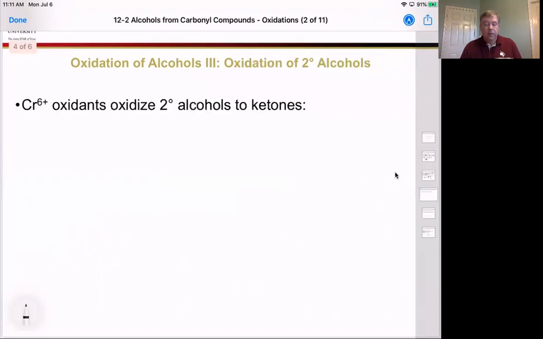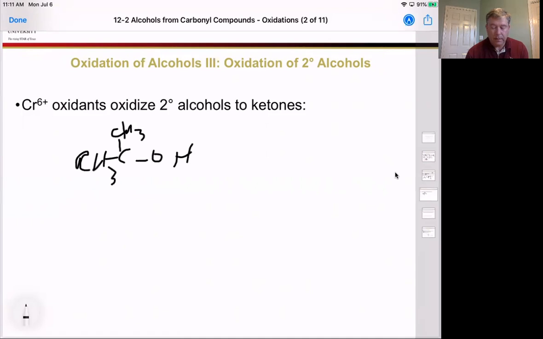Okay, so let's talk about all of these oxidizing agents that can oxidize secondary alcohols to ketones. So basically you can take any secondary alcohol, with an H here, and oxidize that down with either chromic acid, potassium dichromate, sodium dichromate, or